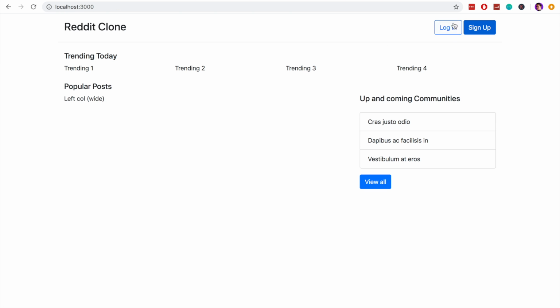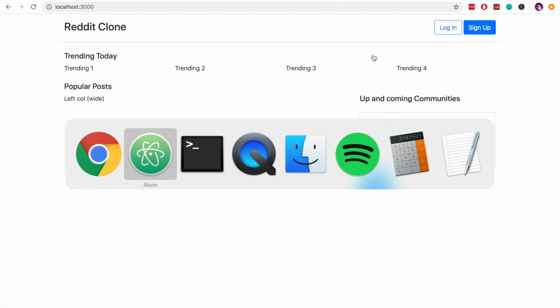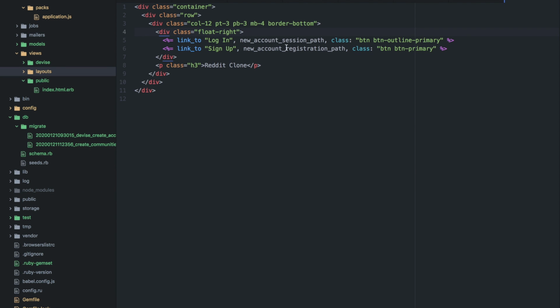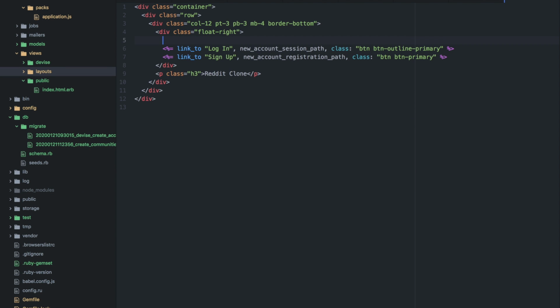So that has created an account, and we're actually signed in at the moment, but we want to show different buttons here at the top if we're signed in. So if we're signed in, we want to show a sign out link. So let's add a condition here in the header file for this, the header partial. So we'll say if the account is signed in,